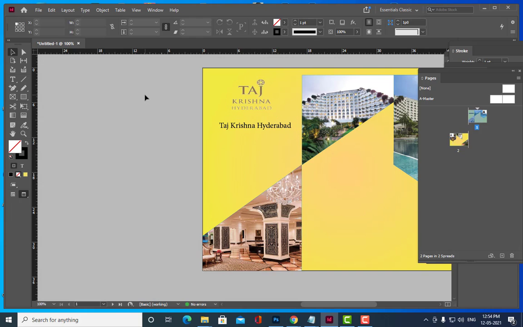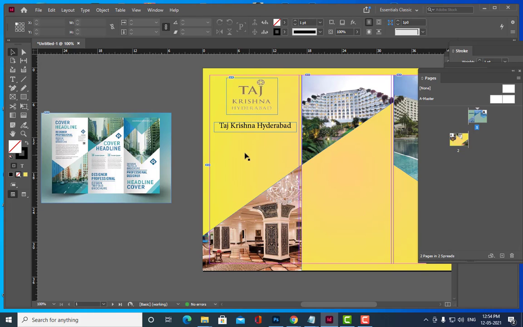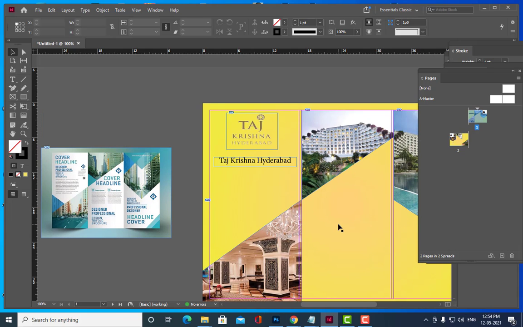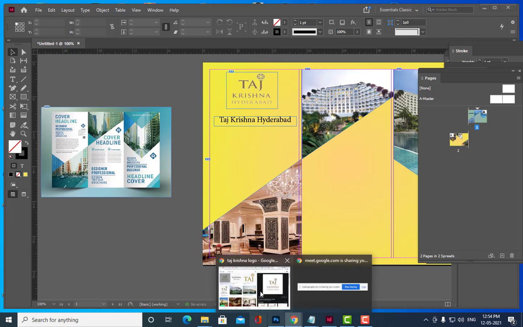Right. Then we will just put one paragraph here, okay? A paragraph related to the Taj Krishna, okay? So we can say, we'll go to the online, okay?